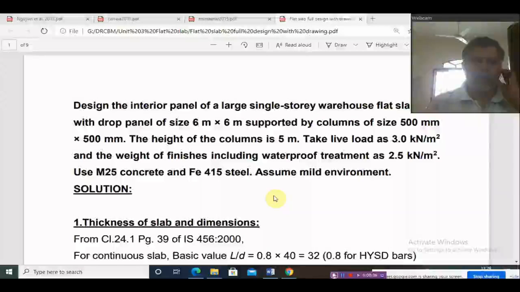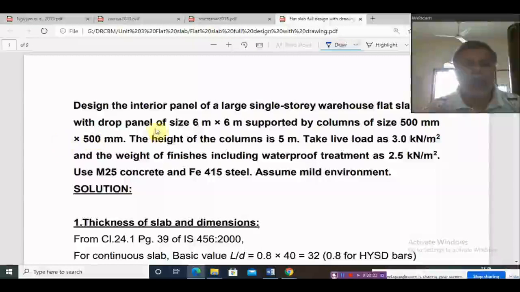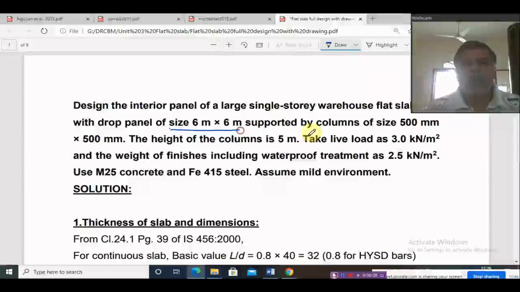Today in this class I will solve a problem in the flat slab. Okay. First let us consider the problem. Design the interior panel of a large single story warehouse flat slab roof with drop panel of size 6 meter by 6 meter